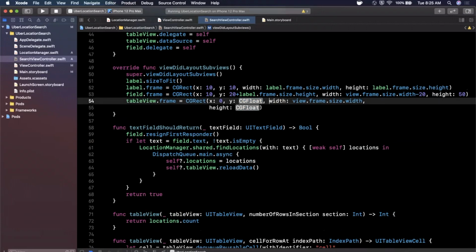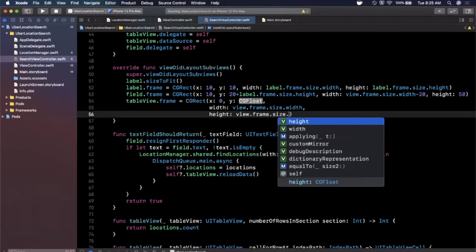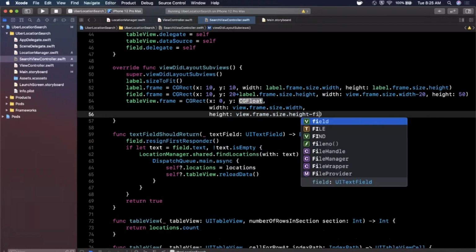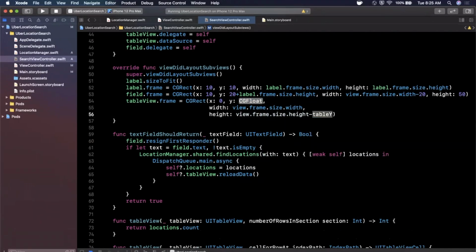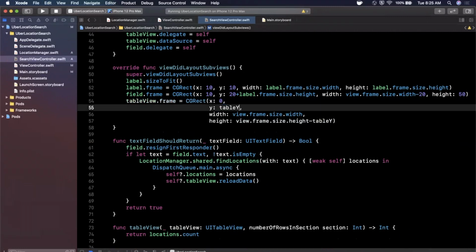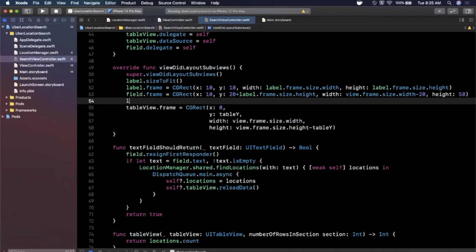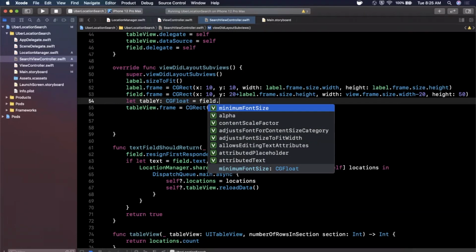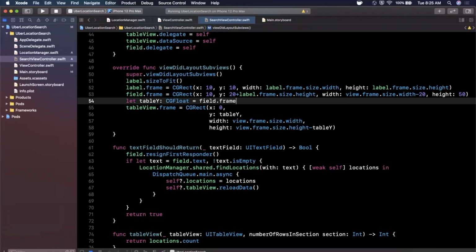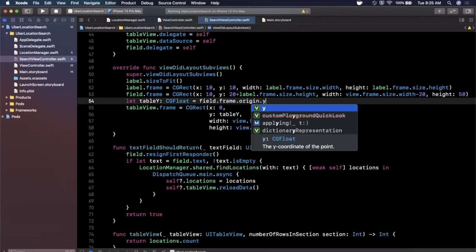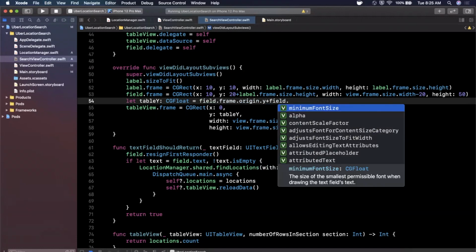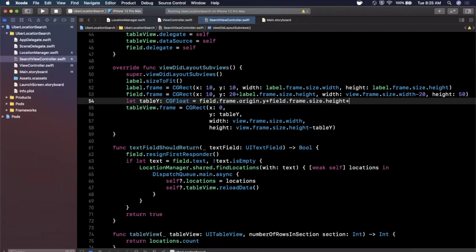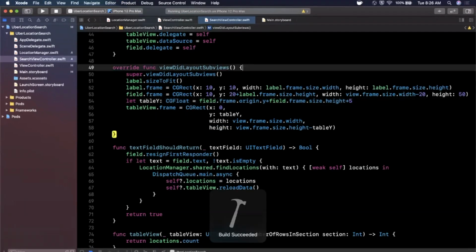And the height here is going to be the entirety of this controller subtracting the table Y. So we just need to calculate this table Y. This table Y should be basically the bottom of the text field. So the table Y will be field.frame.origin.y plus field.frame.size.height plus, let's say, 5, so it gives us a little bit of padding. And that should actually be it for all of our UI in this